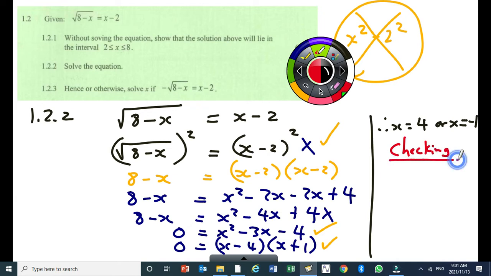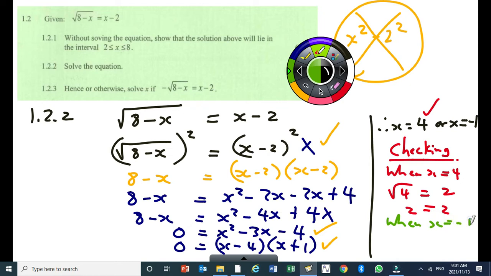Okay? Let me check and see which one is the correct one. So if I start with x equal to 4, if I put 4 there, right here, 8 minus 4 gives me 4. The square root of 4 will give me 2, so on the right when x is 4, you get 2 minus 2, so you get 2 equal to 2. So it means this is going to be a solution. Then